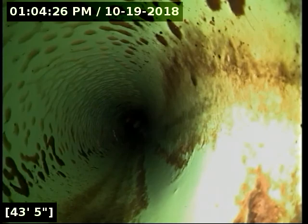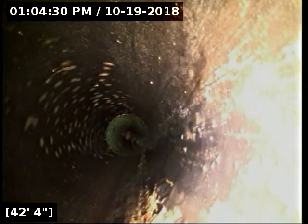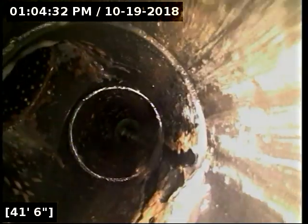Where this line runs here is smack dab between a whole bunch of large trees. So it's possible, assuming there's a problem underneath that, that roots could have caused an issue there. And installation: sometimes people are rough on the pipe, they bang it with an excavator bucket and put a crack in it, or something like that. So I am going to recommend a Hydrojet and a rescope to see if there's some